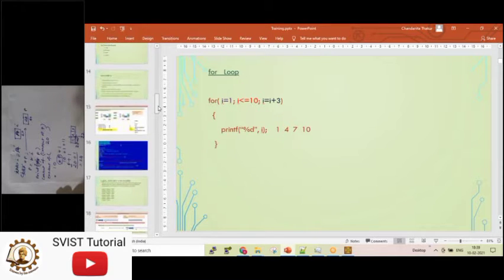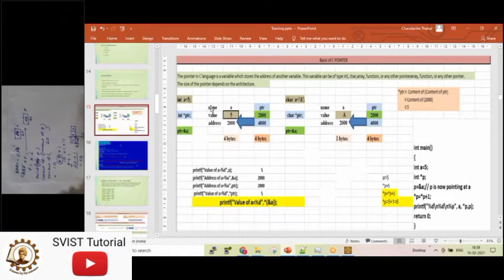Okay, so I will still do a little bit of revision because I want some more students to join, and then only I can formally start. What we did yesterday is, see, I have taken a equals to 5. So one memory is allocated, some address is there for that memory, and I have allocated memory for a pointer variable. So some memory is also allocated for PTR, that is 4000.